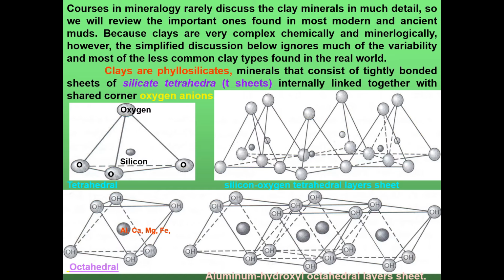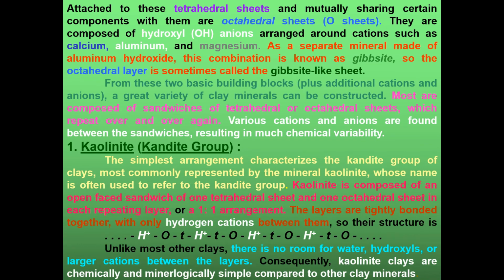Attached to these tetrahedral sheets and mutually sharing certain components with them are octahedral sheets, O sheets. They are composed of hydroxyl anions arranged around cations such as calcium, aluminum, and magnesium. As a separate mineral made of aluminum hydroxide, this combination is known as gibbsite, so the octahedral layer is sometimes called the gibbsite-like sheet. From these two basic building blocks, plus additional cations and anions, a great variety of clay